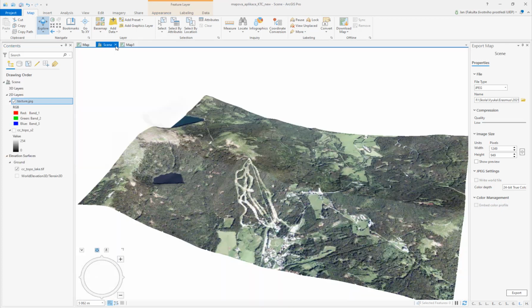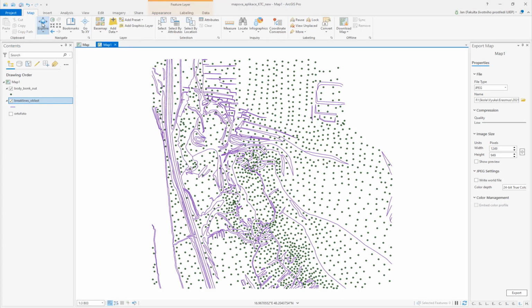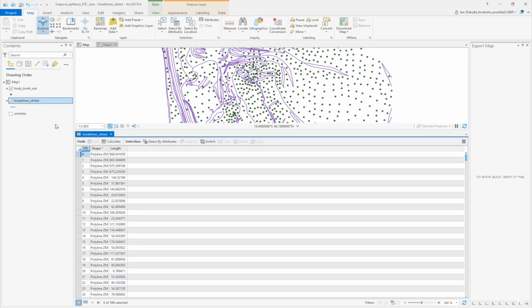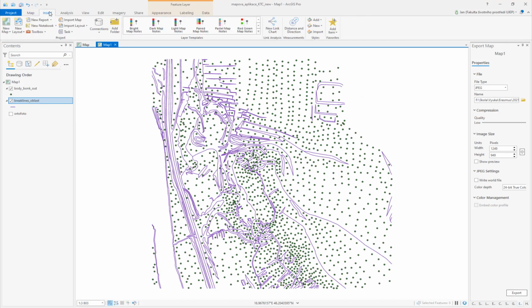And these edges are full 3D lines, because a contour line has elevation information for one contour line, one elevation, right? But this edge has for every point a different elevation. If we have a look in the attribute table, this edge is a polyline type ZM. It says that it's a 3D polyline, right? A 3D line. If we look into a scene,